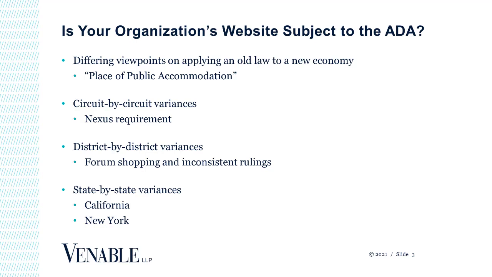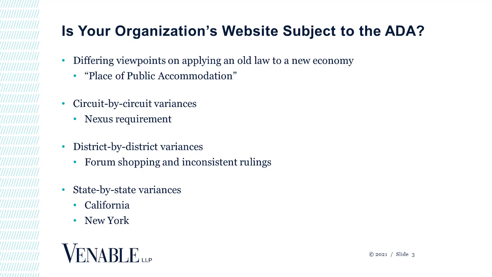So the ADA allows for attorney's fees, and that's the huge problem here, but it doesn't allow for damages. The California Anti-Discrimination Law, the Unruh Act, allows for $4,000 in statutory damages. So it's a hugely popular and compelling piece of legislation for the plaintiff side to focus on. But California and the Ninth Circuit are going to have that nexus requirement, which can be very helpful for you if you're only doing e-commerce, if you don't have stores in California.